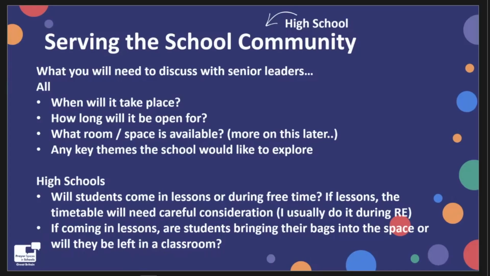So it's really worth having a chat with the school so you can see what kind of thing they might like to explore. Or, if this is your first space, you could go on the Prayer Space website. There is a set of prayer activities for a first prayer space, so you could think, right, we'll go in and do those as a first go. And then you can always look at other opportunities further along the line.